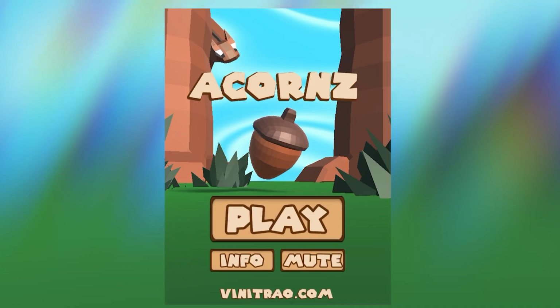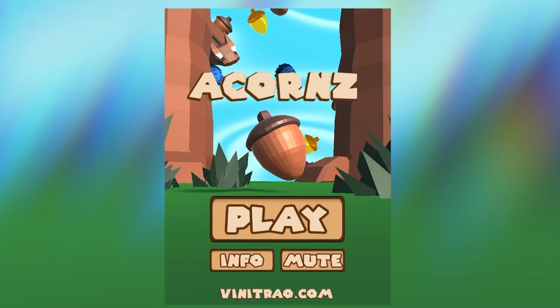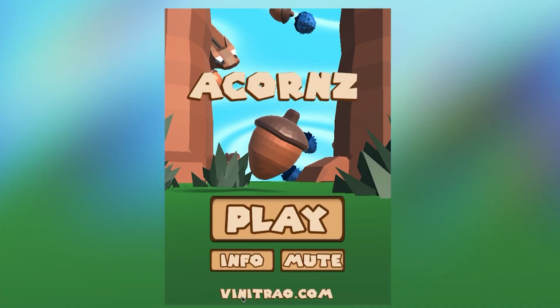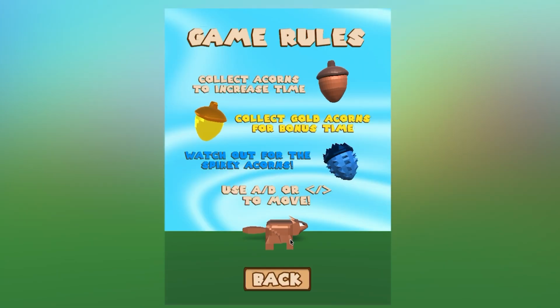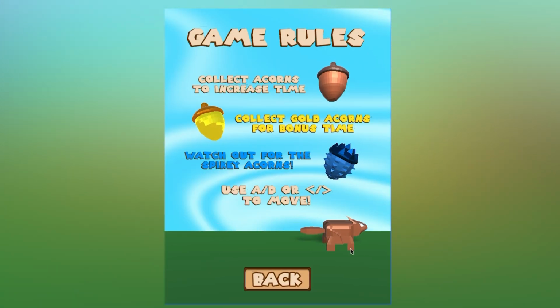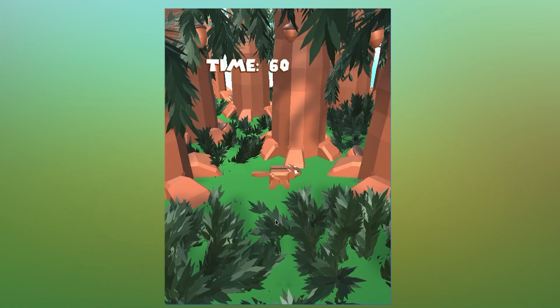Now, showcasing the gameplay, you start off in the main menu provided with the play button, the info button, and the mute button. The mute button just turns off the music in the background. The info button gives you instruction on how to play the game for first-time players, and of course the play button sends you straight into the game scene where you'll be starting to catch acorns and trying to survive as